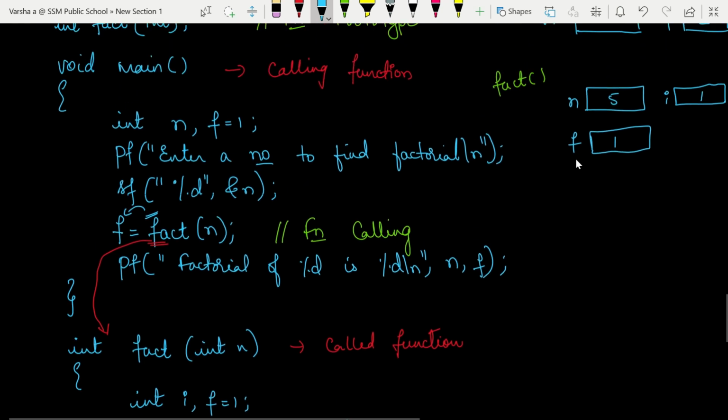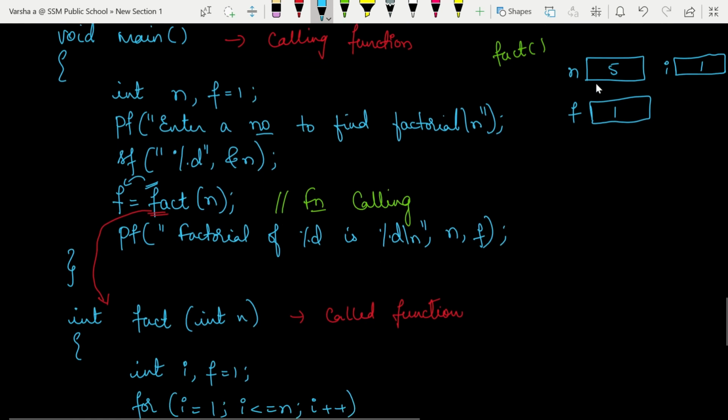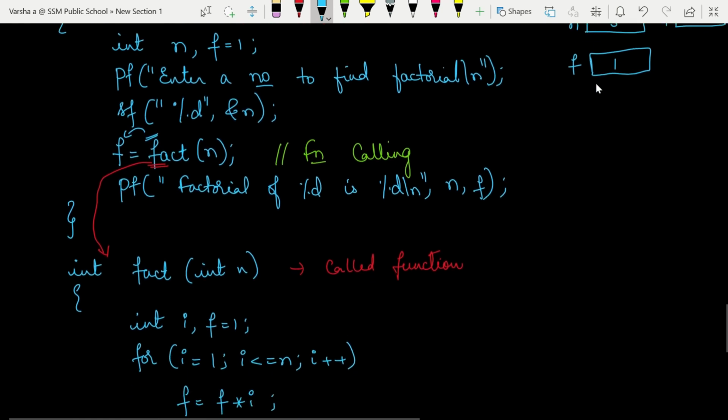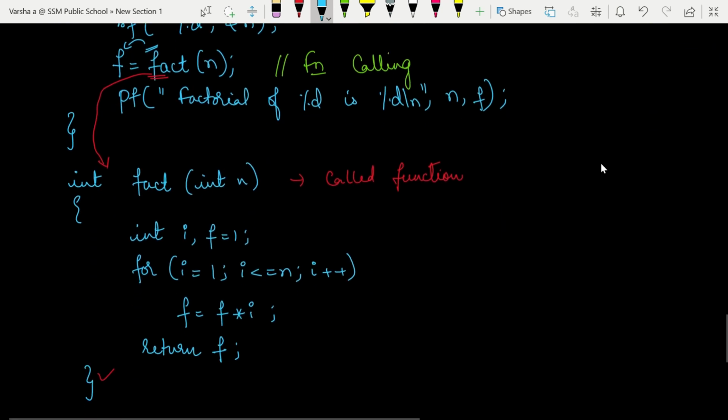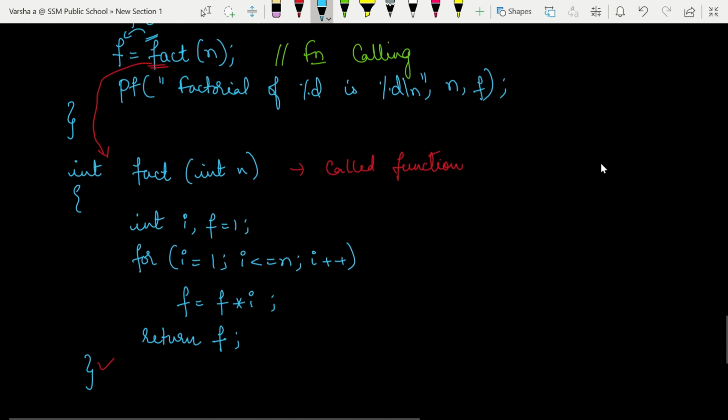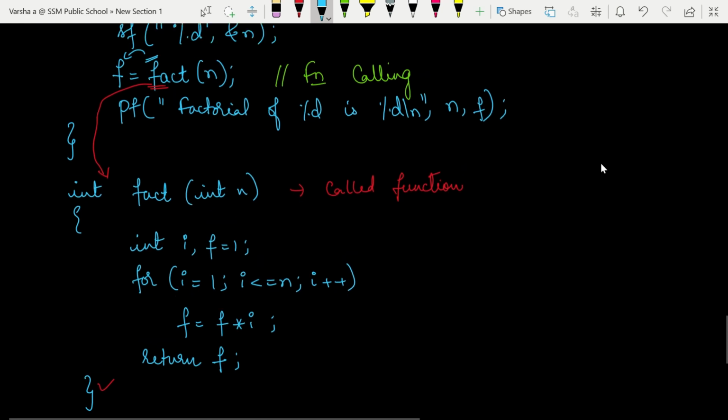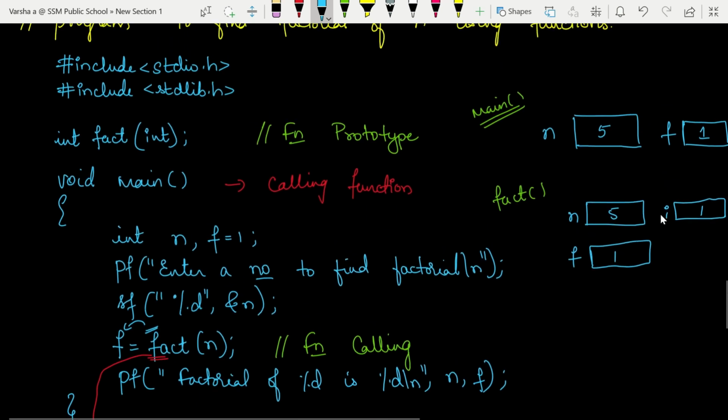So 1 is less than or equal to 5, yes, true. So we will go to the next section, I plus plus. We have to modify that only after executing the instructions. Now I is equal to 1, I is less than or equal to n, yes, true. So we are going to multiply f into I. F and I both are 1, multiplying you will get 1 only, and that is stored here. Then I gets incremented, and like this it keeps on happening until I becomes equal to n,